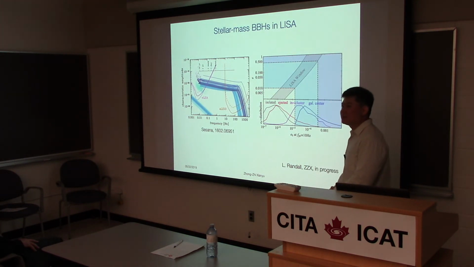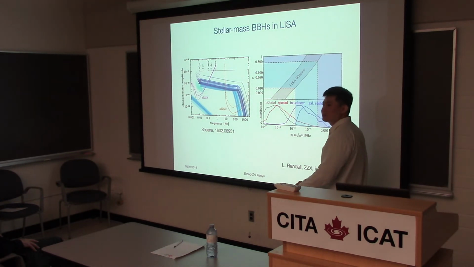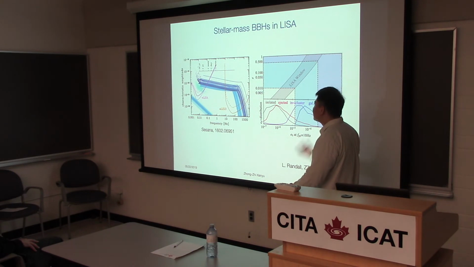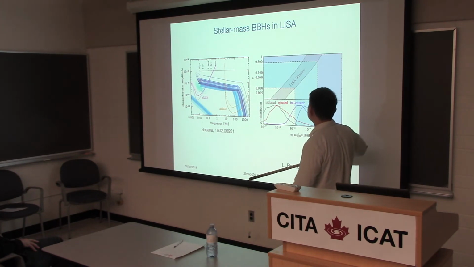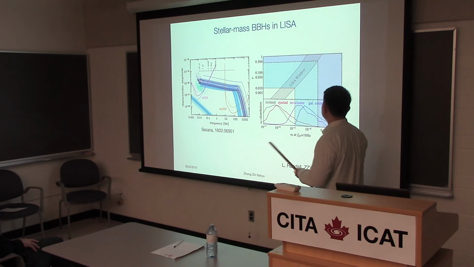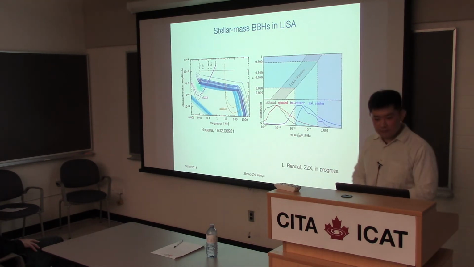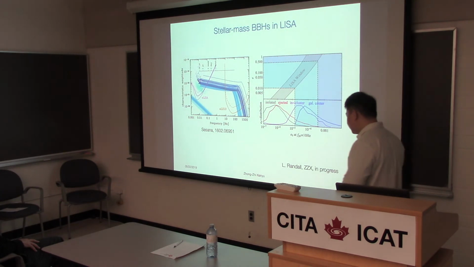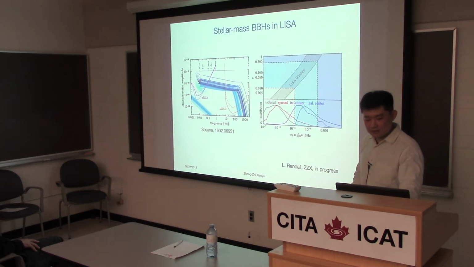So we call this measuring eccentricity without measuring eccentricity, because you can count circular ones. If circular ones are significantly less than what you expected, then you know something. Of course, if you can extend this to higher e by templates up to 0.4, you can recover a lot of dynamical ones in LISA. But one very important thing, actually two very important things, when we talk about LISA measurement